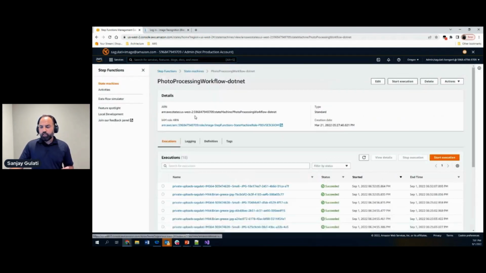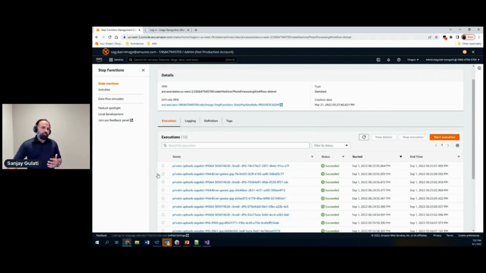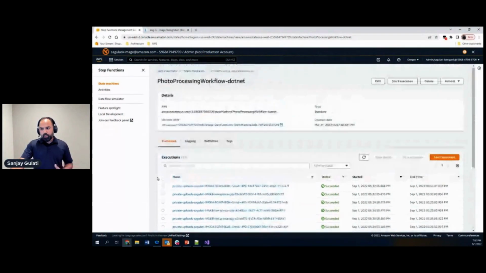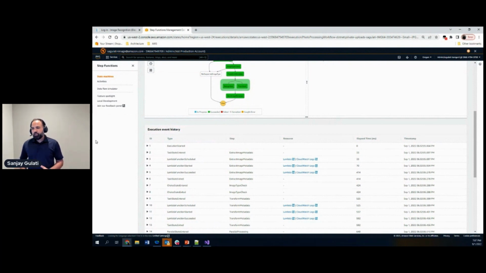If you click on that, you will see all the execution history of uploading your photos and them being processed. So you can see all the photos that have been processed and the executions of those, and you can see if the status was successful, failed, or in a processing state. Okay, now as we talked about the step function and all the functionality that it provides, but if you want to know more,